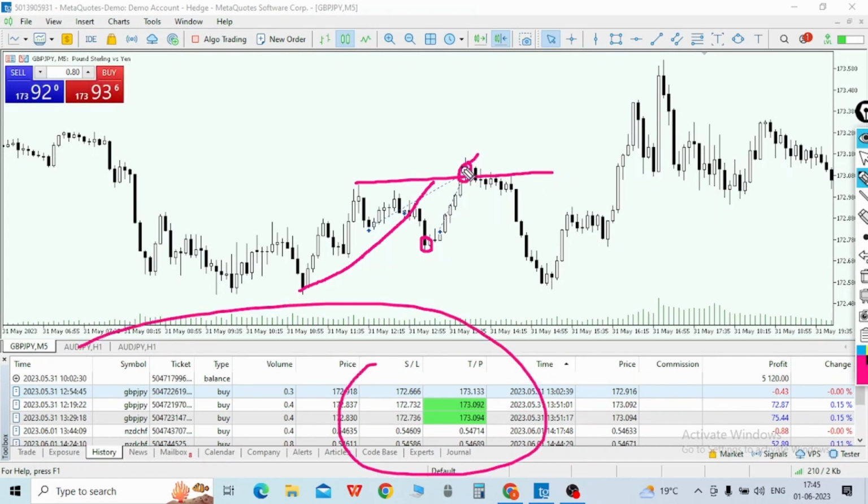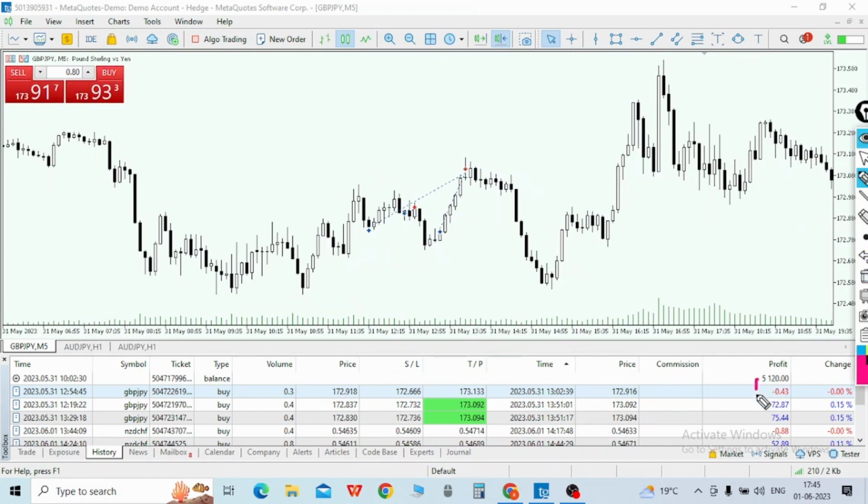As you can see here, also you can see on the charts, this was all the PNL. You can check. I am recording 1 day after the trade. So this was